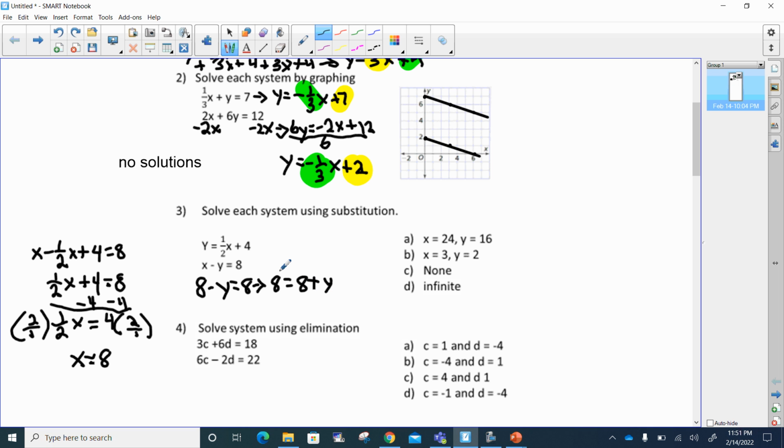And then I'm going to have to get the 8 to this side so I can isolate y, which means I would, let's see, I want to make sure I'm doing this right. This was a negative. Yep, so I subtracted that. That gave me 8 minus 1/2 x, so 8 minus 1/2 x, yep. Plus 4, and that's